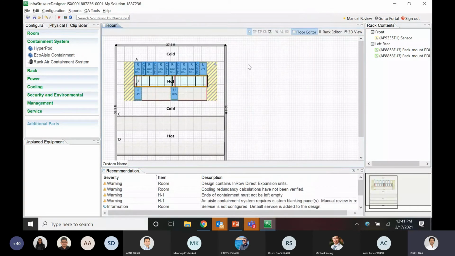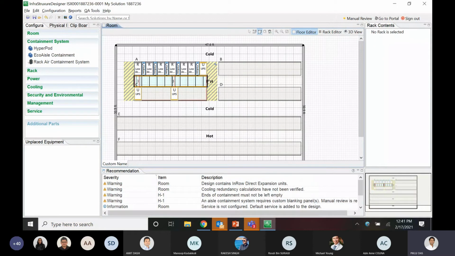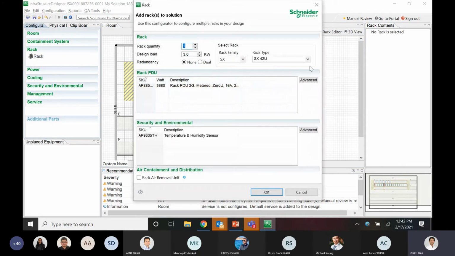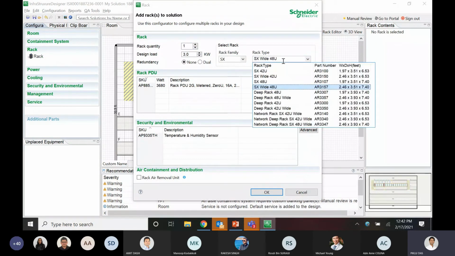So now this is the containment system, right? So as I said, ISIC Designer does host the EcoAisle containment system, the RACS and the HACS, and the HyperPod. You can drag and drop any number of racks inside this containment, and we support all kinds of racks right now, but the Easy racks are not supported inside the containment.